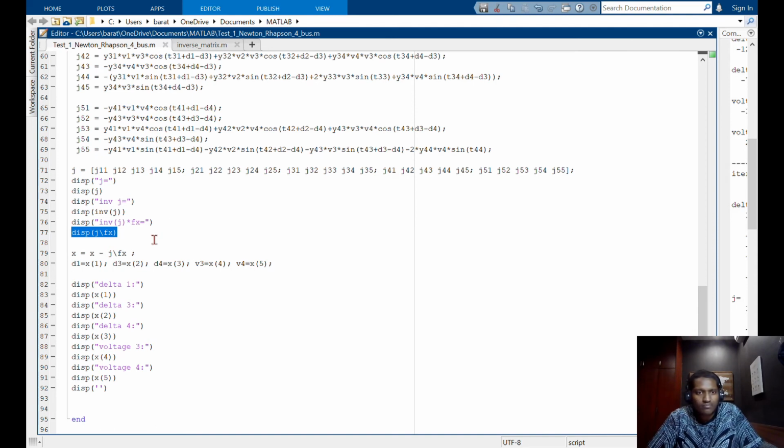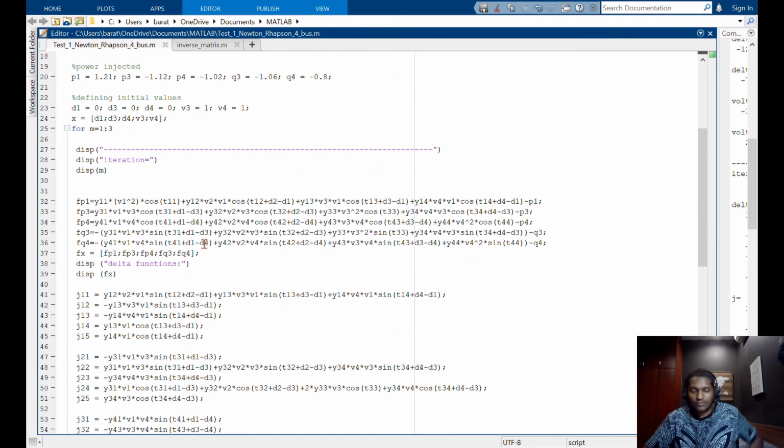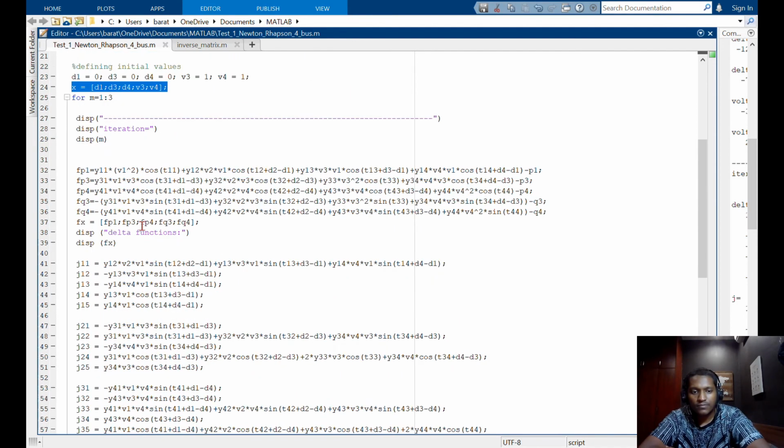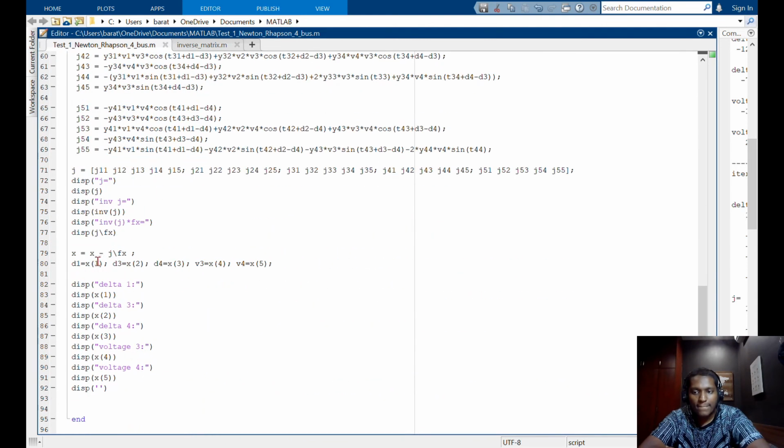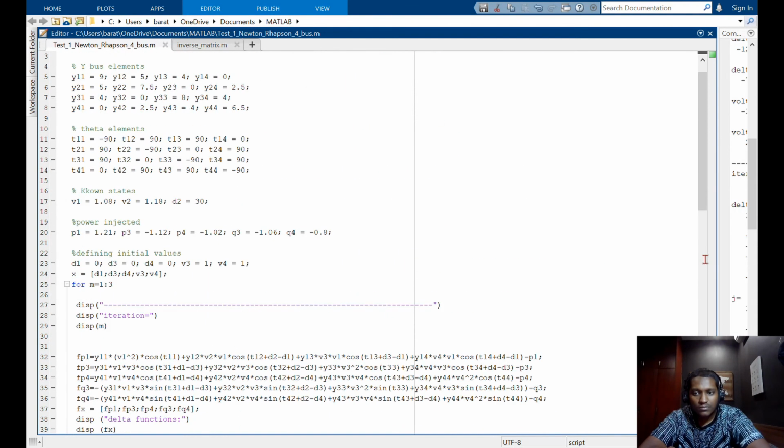Once we get the change in value for the unknown variables, then we can use the flat start values, which are the values right here, minus the change in values. So that is what we did here, the change in unknown variables. We put the flat start values here, and then we subtract the change in variables. Doing that, we'll get a new iteration. So we'll display these new values here. So when we run it,